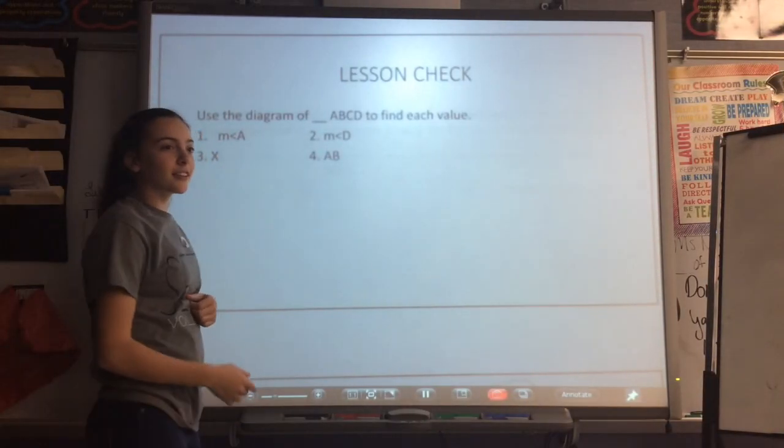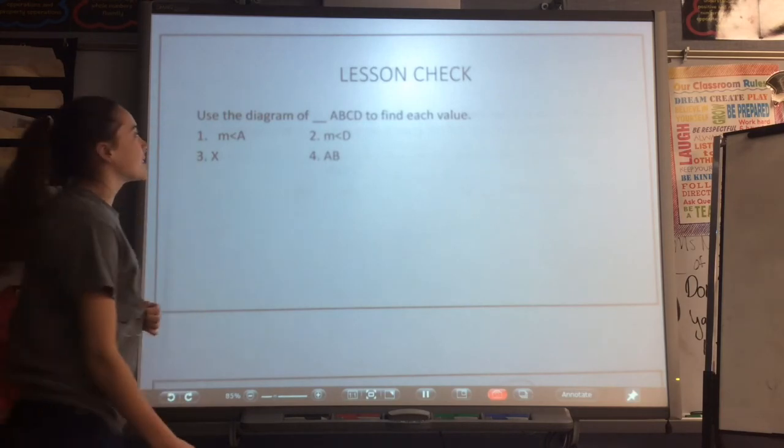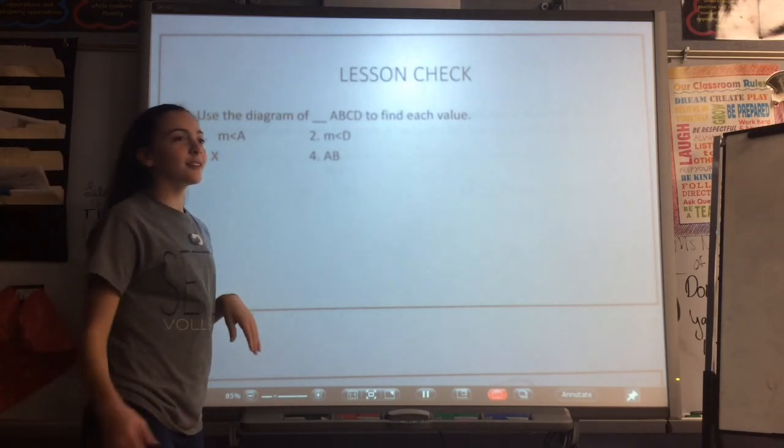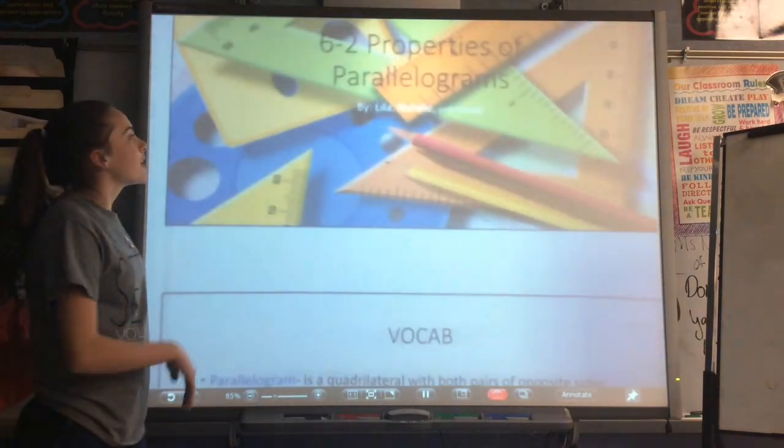Do these 4 problems as the lesson check for a candy question at the end. That was 6-2, properties